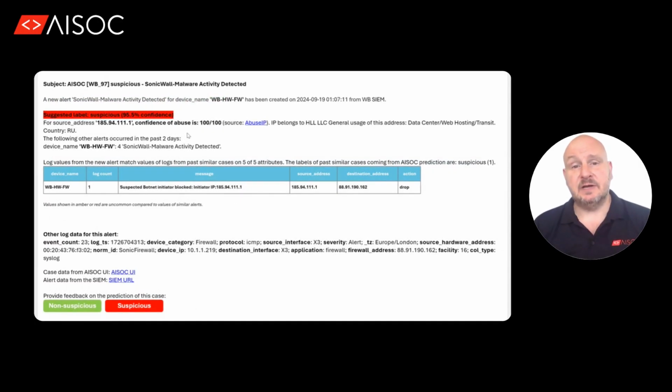Now let's have a quick look at an alert that was predicted as suspicious. As you can see, this alert was sent because it indicates that malware activity was detected on a specific device, and a threat intelligence feed indicated that the source address is malicious. It is important to mention that when very similar alerts occur within a short period of time, they are grouped, so no new notification is sent out. For example, here you can see that there were 4 other alerts for this same device and same alert name